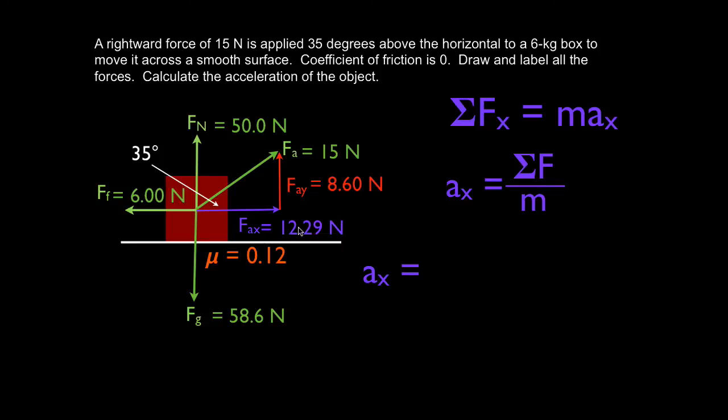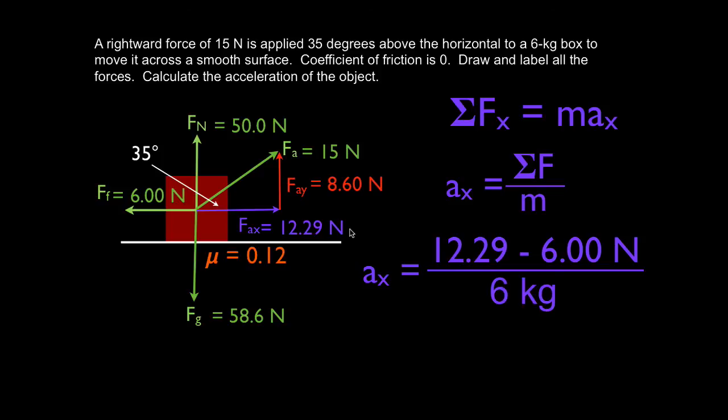So it's 12.25 minus the friction force. Okay, 12.25 acts to the right, that's the positive direction. The friction force acts in the negative direction, subtracts some of that force, divided by the mass of the object, and that tells us the acceleration in the x direction is 1.05 meters